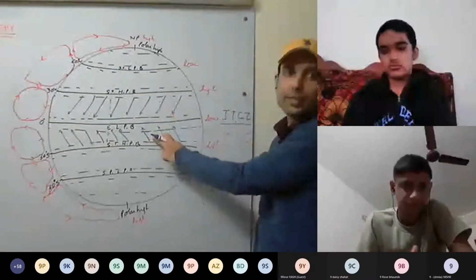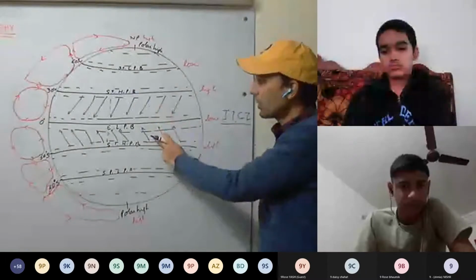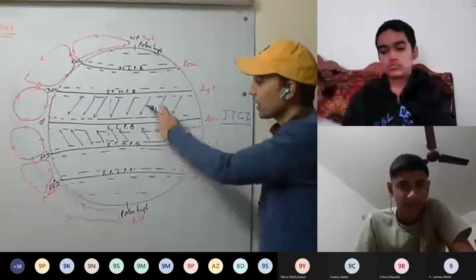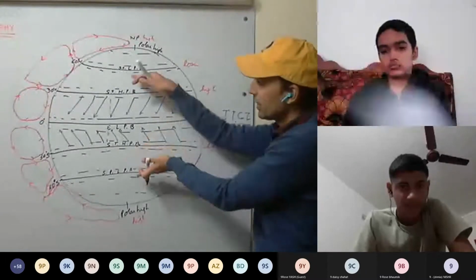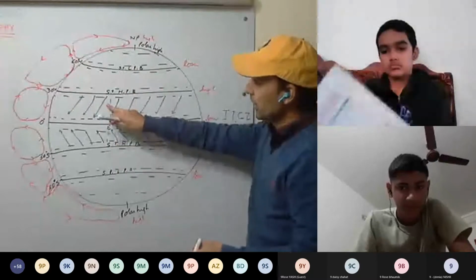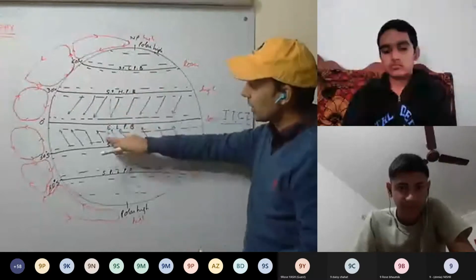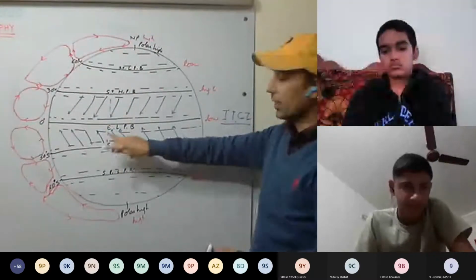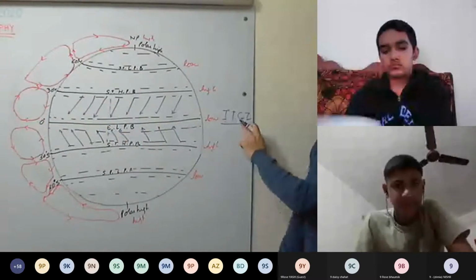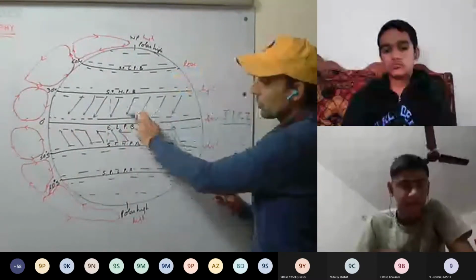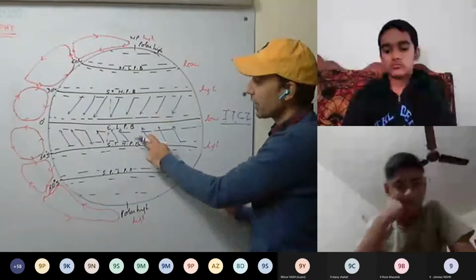And these winds are called trade winds. Mainly they were used for trading. In the northern hemisphere as well as in the southern hemisphere, these winds are called trade winds. And they are converging. So this is their zone, the zone where these two winds converge, where trade winds converge.